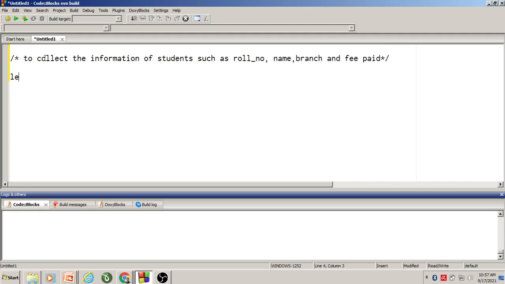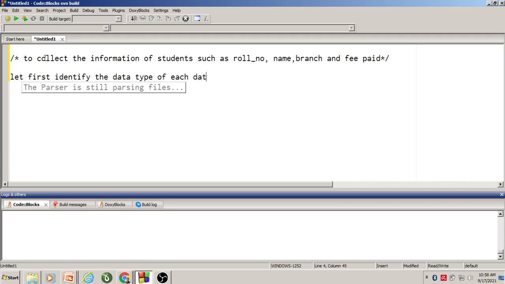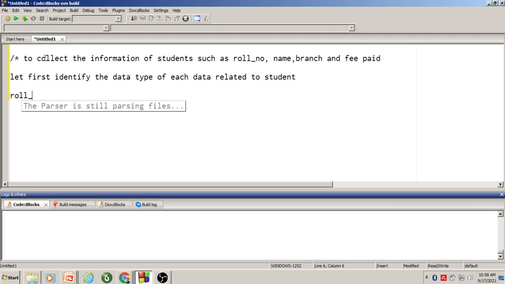So let us first identify the data type of each data related to student. Right. The first data is roll number, so its type is int.